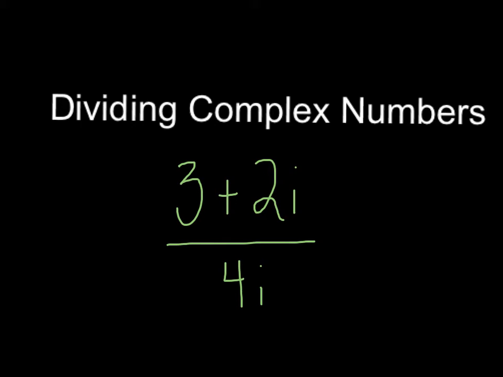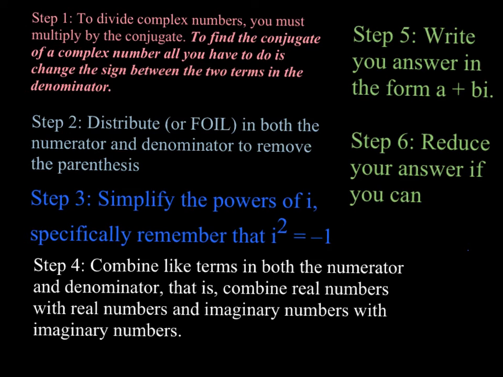So today we'll be learning our last operation for complex numbers, and that is dividing complex numbers. In order to divide complex numbers, you must multiply by the conjugate. The conjugate will be in the denominator. The expression that's found in the denominator will change the sign in between the two terms. Step 2 will multiply the numerator and the denominator by the conjugate, and so we'll need to make sure we